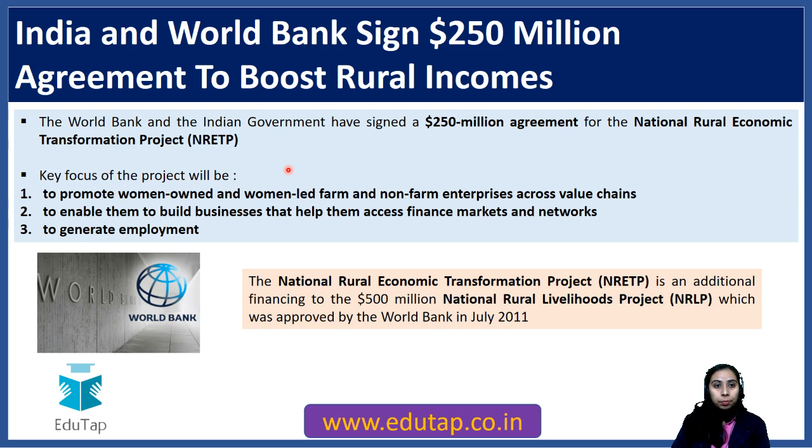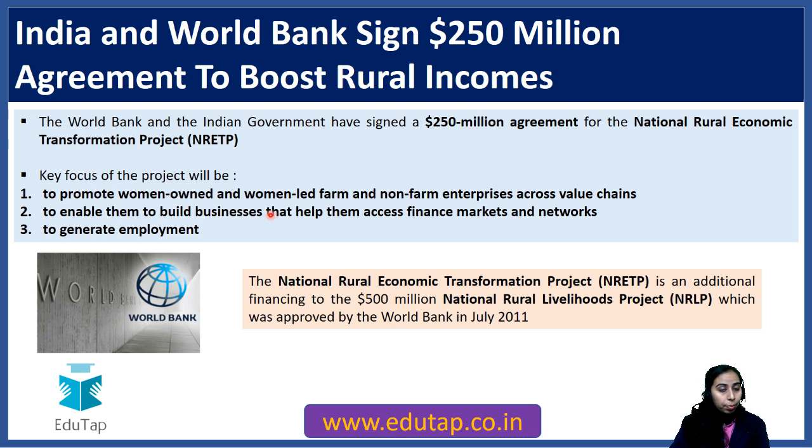Okay, then National Rural Economic Transformation Project. Earlier we had covered that the government had launched it, but now the World Bank has signed this agreement with the government so as to fund this National Rural Economic Transformation Project. So a $250 million loan agreement has come from the World Bank,